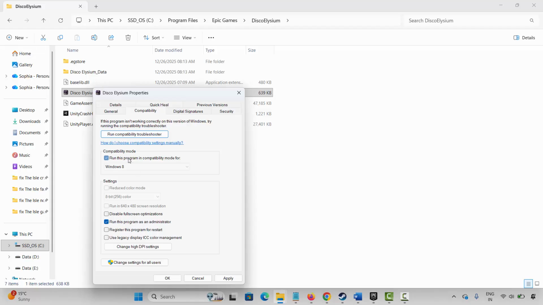If not, again come back, select run this program in compatibility mode for, select Windows 8 or previous version Windows 7, hit on apply and OK and launch the game. If the issue still occurs, again come back, select disable full screen optimizations, click on apply and OK and then try to play the game and see if this resolves the issue. If the issue still occurs, then come back, uncheck all of these, hit on apply and OK and then move